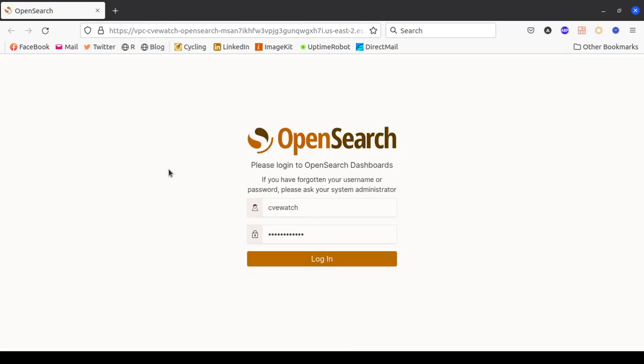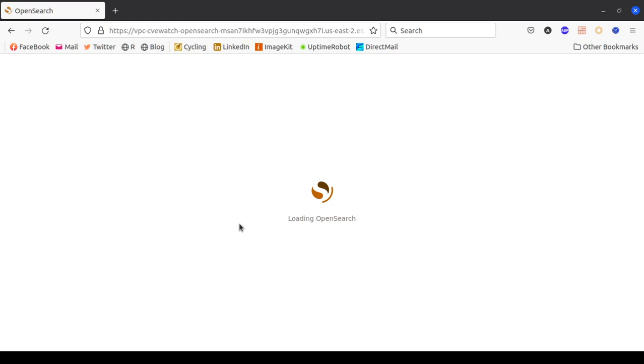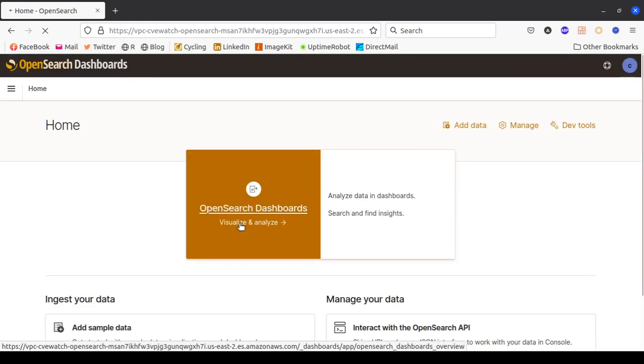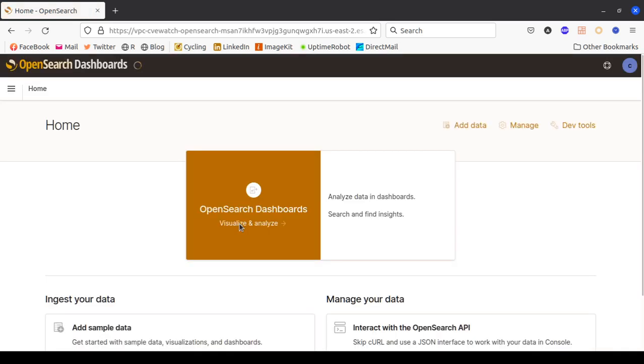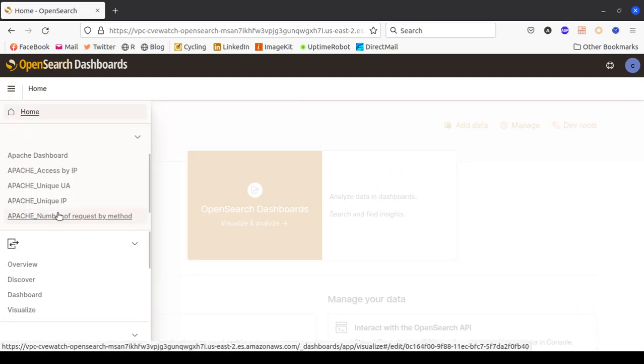Okay, let's enter this one. Okay, now you see, it's opening the page, right? OpenSearch. Okay, I already created the username and the password, and just login. So now actually we already watch the Apache log, and Logstash will send the processed log to the OpenSearch.